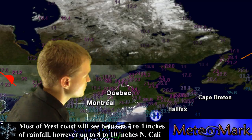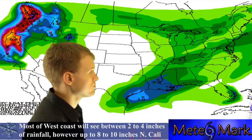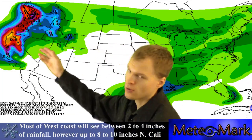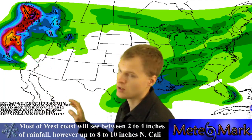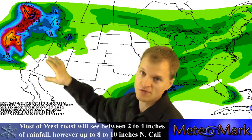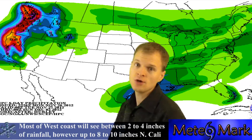So let's take a look at precipitation models here. Most of the east is going to be clearing out for the most part. Here's the west. Northern California, upwards of 9 inches near Eureka, just west of Redding, these areas west of Sacramento, just north of San Francisco. This area right in through here will likely be getting the 8 to 10 inch range, with 3